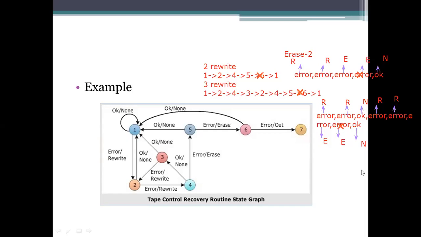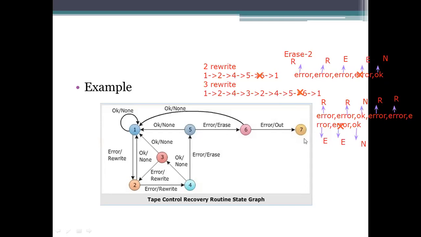And here, 2 erasures followed by 1 OK, that is 1 N, will allow you to take this. The thing you are using is a recovered one. To reach these 2 erasures and then OK, we have several actions, means several paths. From that path, we are using 2 rewrites and 2 erasures. The 2 rewrites are considered to reach these 2 erasures. Another one is 2 rewrites and nothing has to be performed here. And again, we need to perform the 2 rewrites.